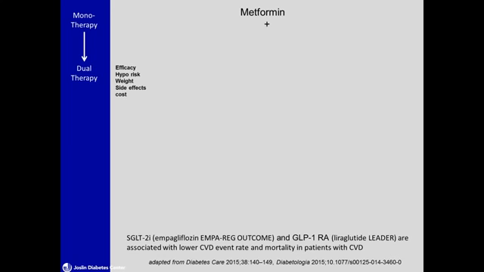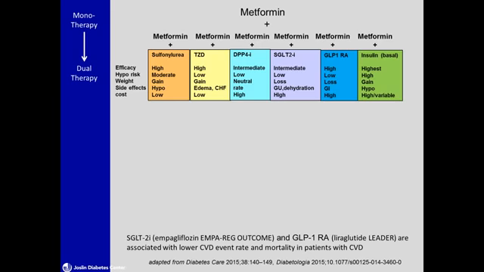If dual therapy is needed, we should always keep in mind the efficacy of the treatment that we're going to pick, how much risk for hypoglycemia the treatment has, and what its effect on weight is. Some of these patients are already frail, so weight loss may not be desirable, while for others that are overweight, we may want some weight loss. However, we may want just fat loss, and we should really reinforce physical activity to maintain muscle mass. And then side effects and cost.